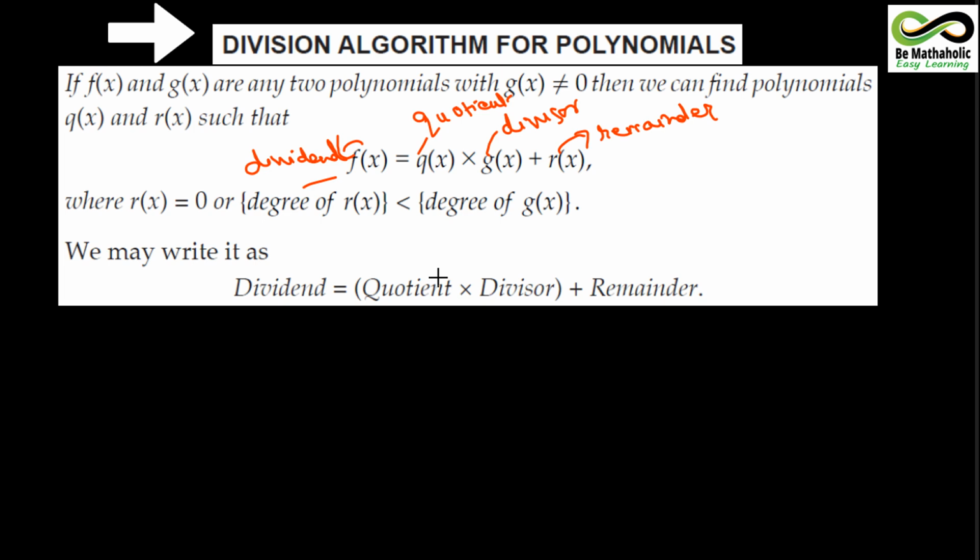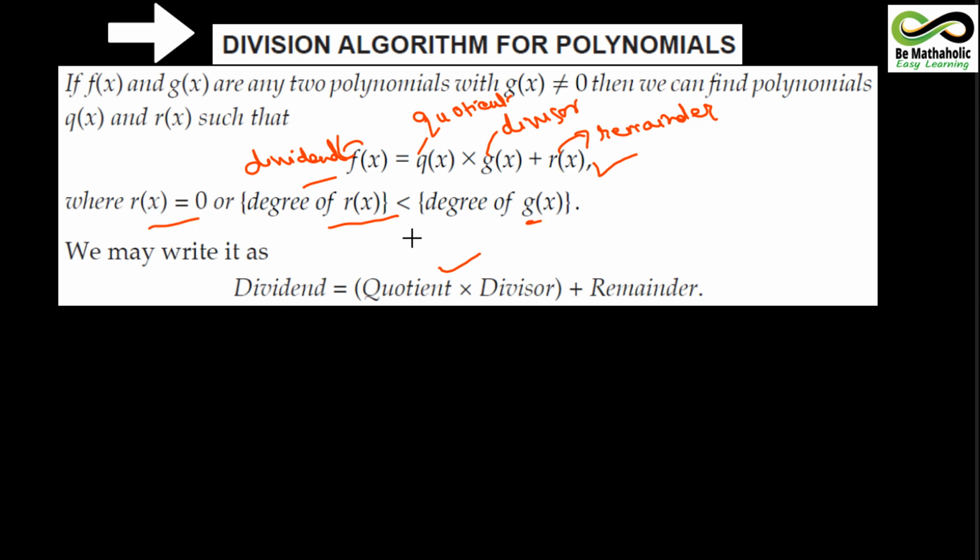So you know this relation, whatever is specified there, the same is applicable over here. This is used to verify whether the given division of the algebraic expression is correct or not. You can use this formula to verify the division, and of course this is the necessary and sufficient condition, which says the degree of the remainder must be less than the degree of the divisor g(x), and if the remainder is 0, there is no problem.